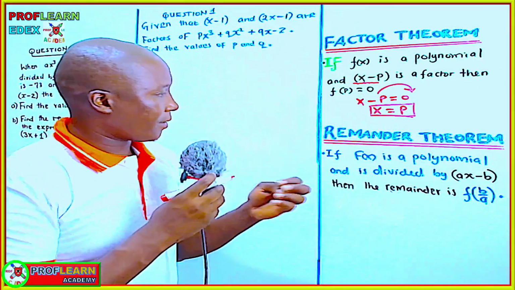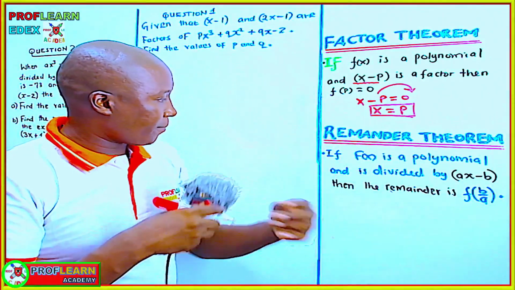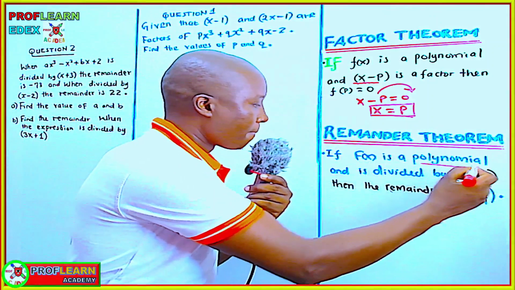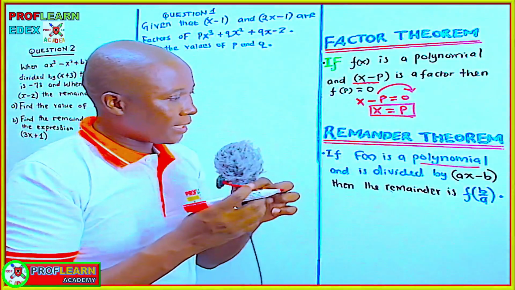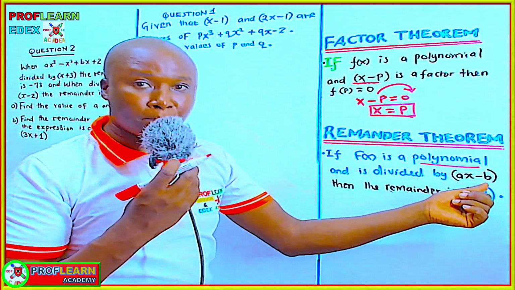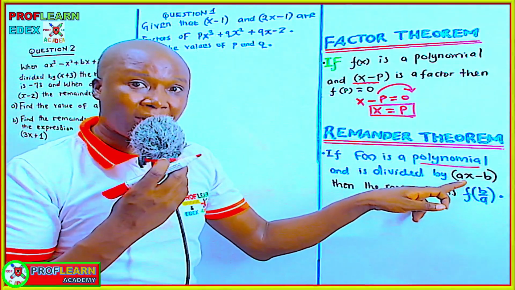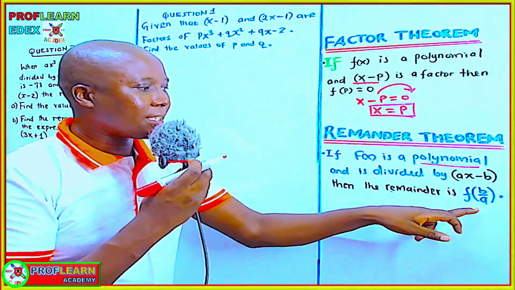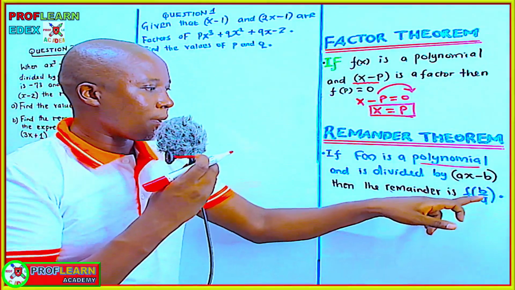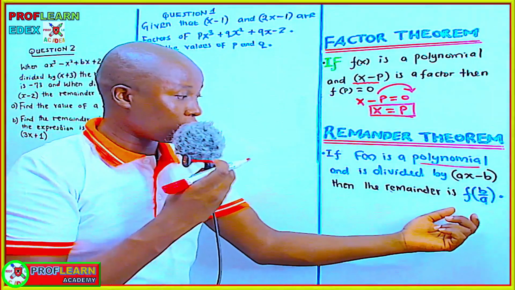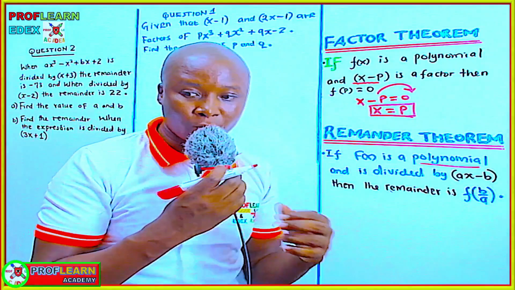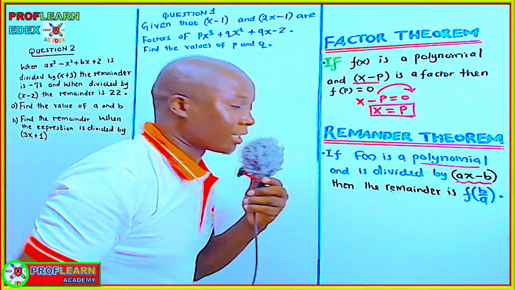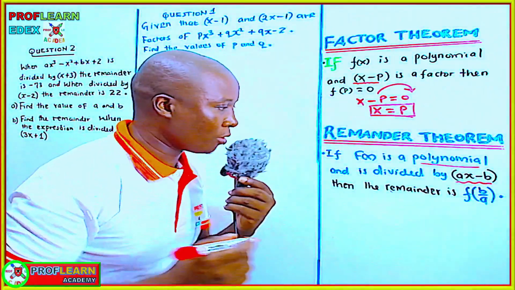Also, the remainder theorem states that if f of x is a polynomial and is divided by ax minus b, whereby this is not a factor of that polynomial, then you are going to get a remainder, and the remainder is going to be equal to f of b over a, which means that for that kind of expression you are told to divide the polynomial with, for instance,